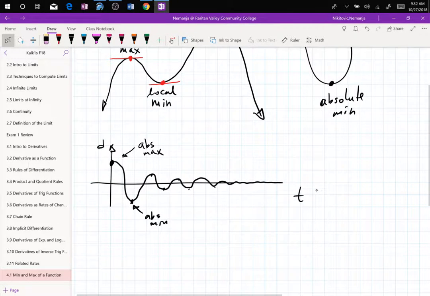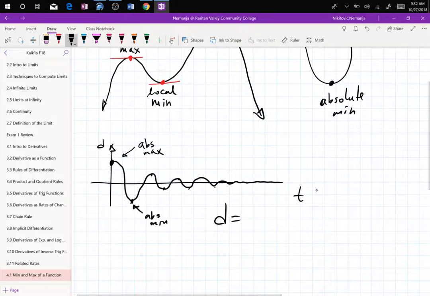Or you can, what would be the formula for this? Distance d equals some constant c e to the negative at cosine bt. This is actually a formula that you will obtain when you solve a differential equation, and then obviously something like this would be used in physics in a lab to show that this formula actually does govern physical reality, and you can measure these things